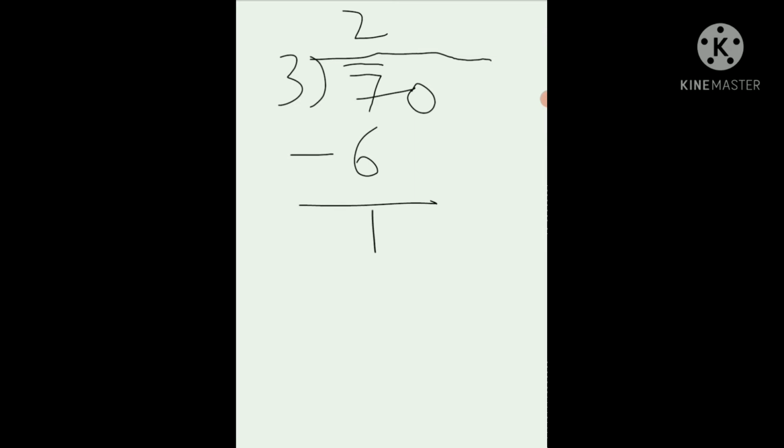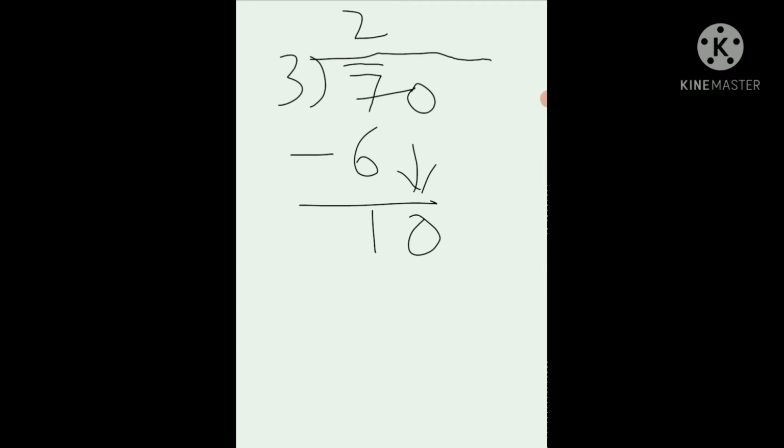Now see, I'm going to divide this question. Suppose we divide this 70 by this 3, right? First you read the table of 3 so that we can get 7. In the 3 table 7 will not come. 3 1s are 3, 3 2s are 6, so 6 you will get here. 7 minus 6 will give us 1, and this 0 you copy here.